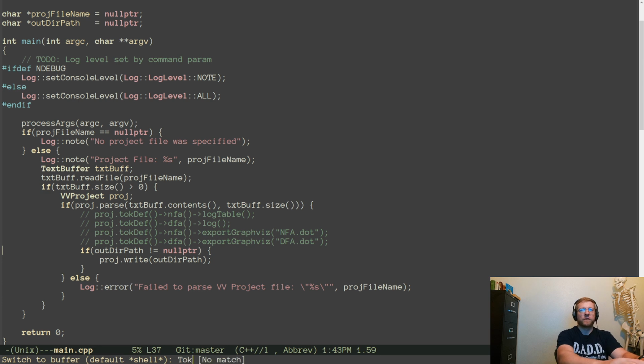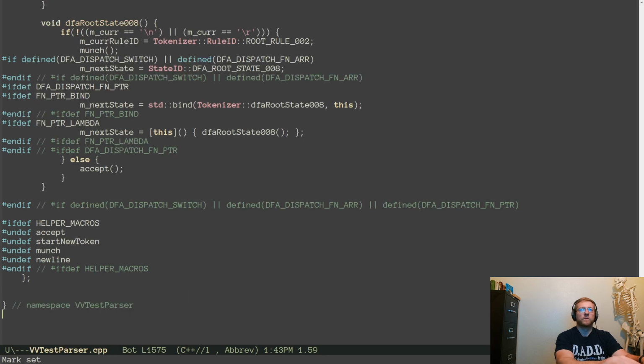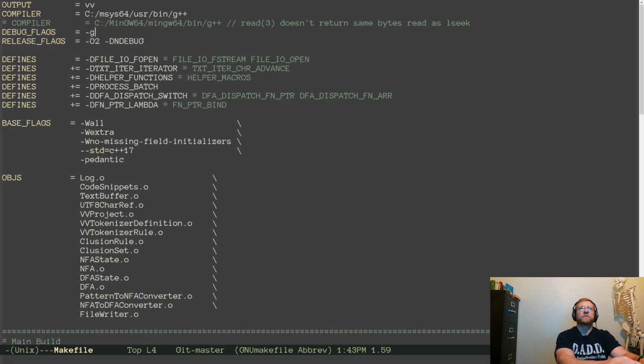So let's go to Tokenizer. So VV test parser. Cool, 1,500 lines of code. I don't remember which flags we had set. We're doing fopen, iterator based text traversal, helper functions. We're doing a batch process, dispatching on a switch, and we're using lambdas.